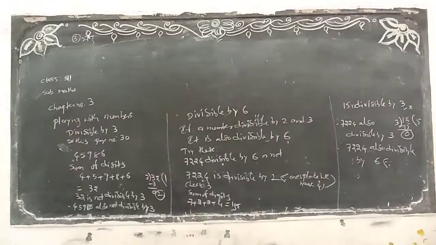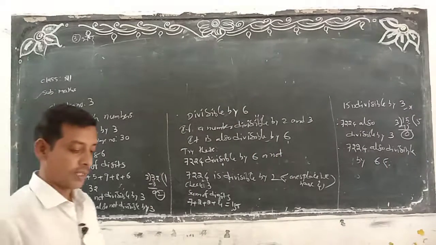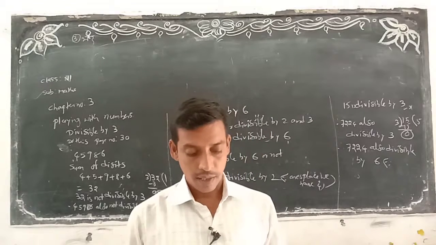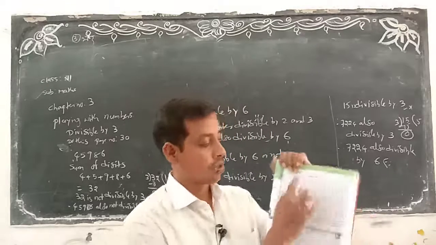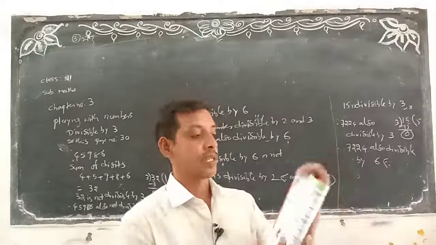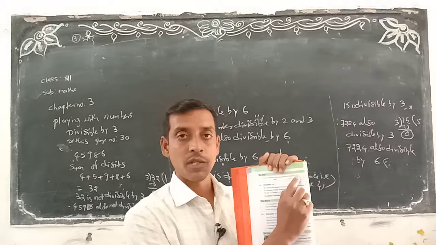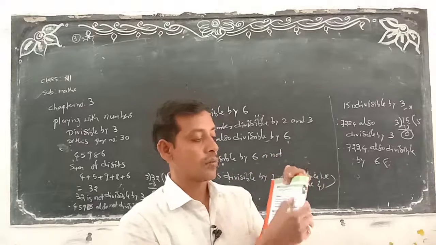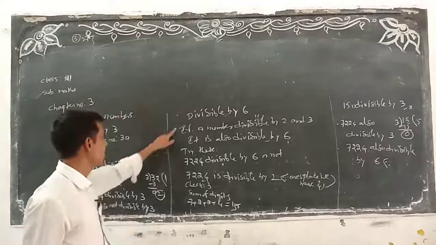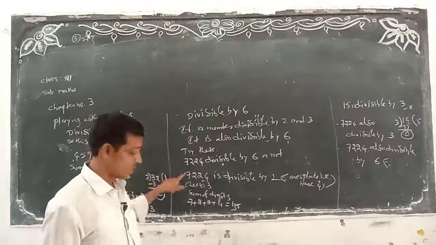So the remaining divisibility problems we will discuss in the remaining classes. Now what do you write? Write down divisible by 2, write down this matter. Next, divisible by 3, I said to do this problem. The remaining problems you have to do. Next, after divisible by 3, divisible by 6, write the divisible by 6 condition. This you can write, then write down the try this.